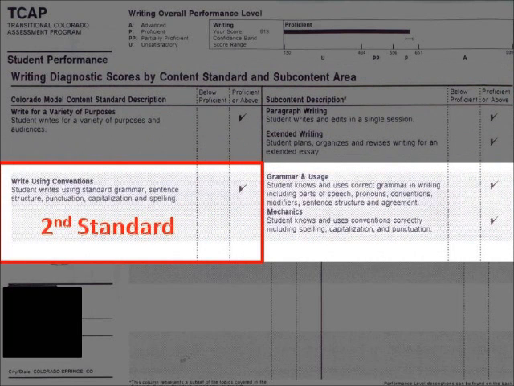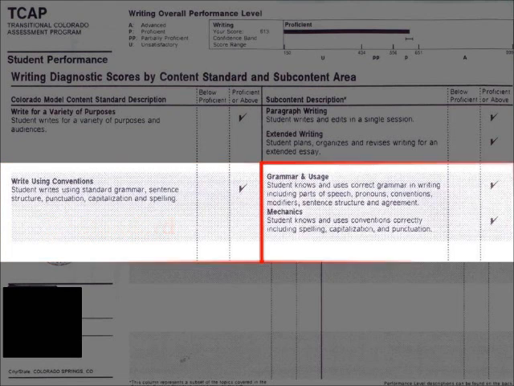If we move on to the second standard, we know that it's write using conventions. Student writes using standard grammar, sentence structure, punctuation, capitalization, and spelling. And as we can tell, that check mark aligns with the box under proficient or above. And then if we move over to the sub-content area, we know this student was tested on grammar and usage and mechanics. And again, if we look to see where those check marks are, we notice that this student